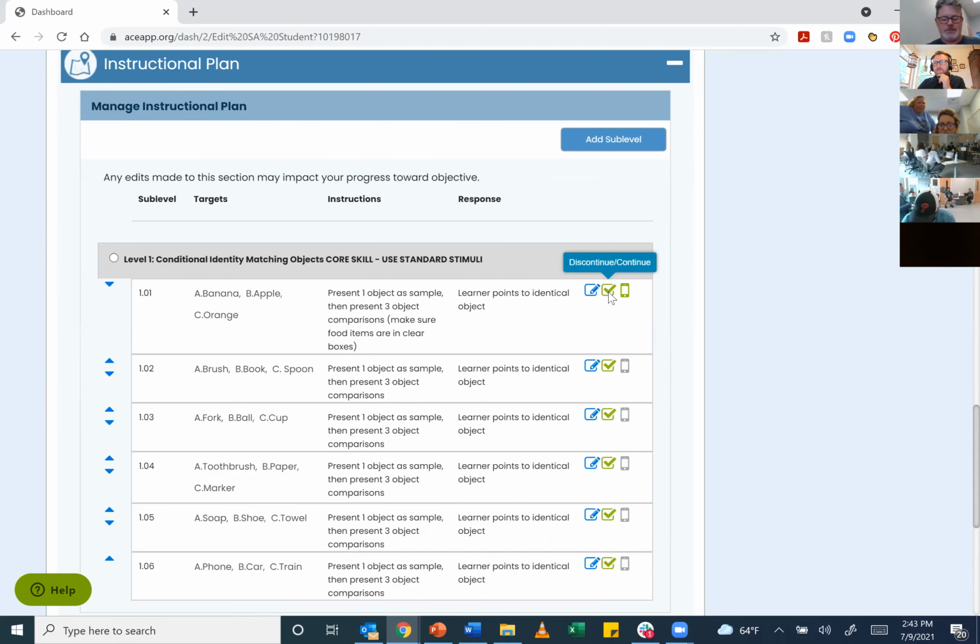The green tick enables me to continue or discontinue data collection. That might be advantageous in a situation where you've introduced a set of targets that you don't want to teach anymore. Maybe they're not applicable anymore for that student. I'm thinking things like, sorry,